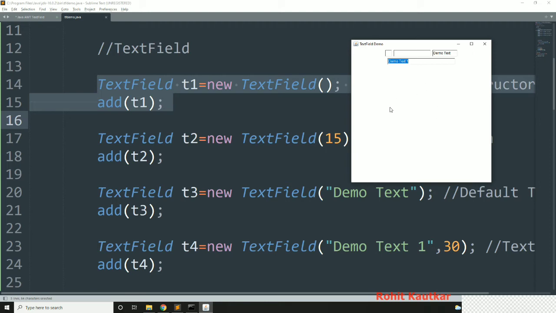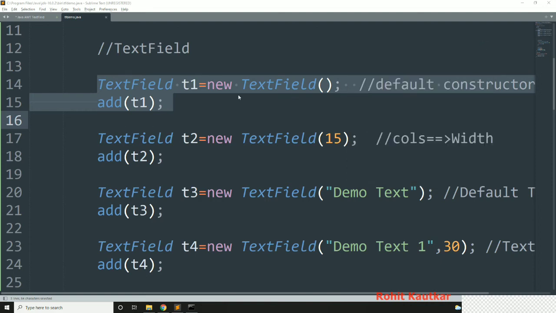So whenever the user clicks on the button, we will set the text to the other text field. Now we will take one sample example of how we use a text field. So let's make that sample example.